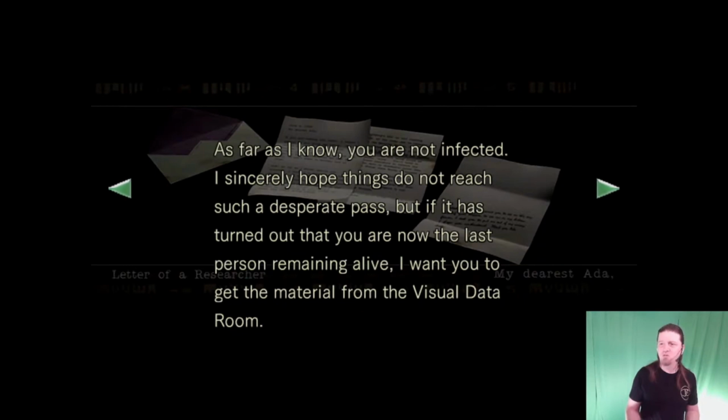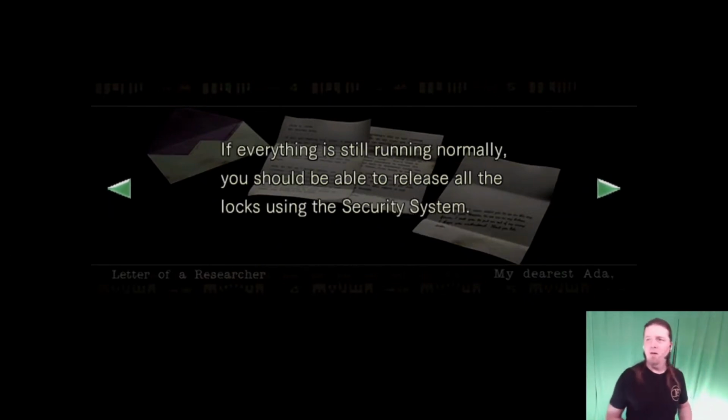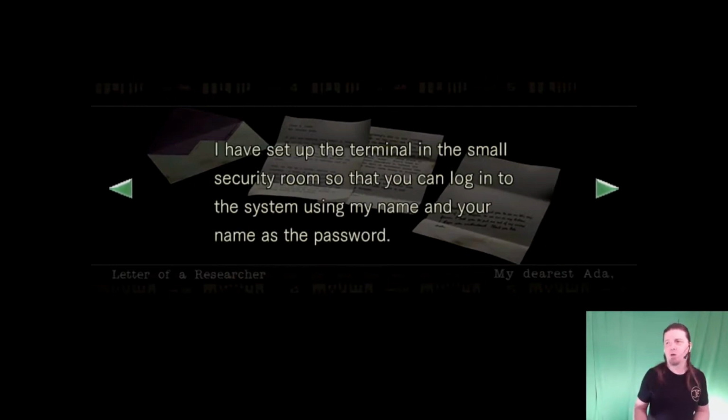I want you to get the materials from the visual data room. Then activate the self-destruct system in the power room and escape from here. Please do everything in your power to make this whole accident public. If anything should still run normally, you should be able to release all the locks using the system security. I have set up the terminal in the small security room so you can log into